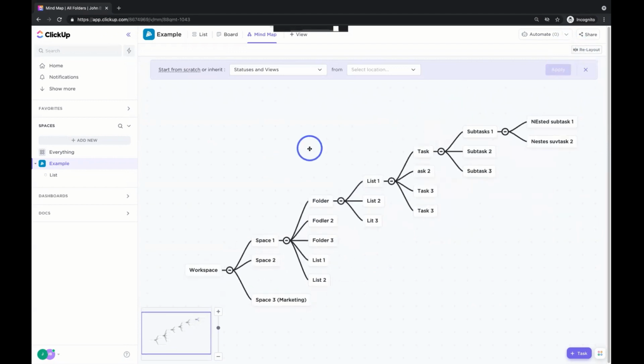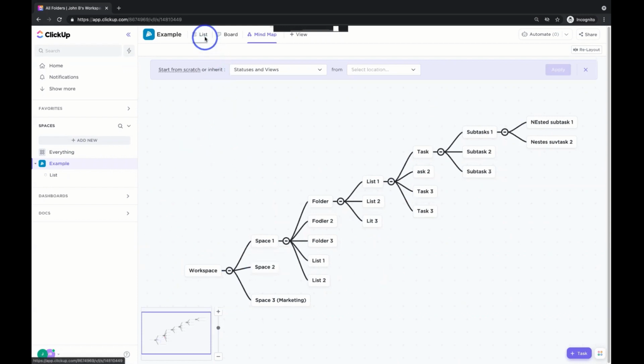But I show you this because this is what your account, your workspace, is eventually going to look like inside of ClickUp. You're going to have a workspace. That workspace is going to have multiple spaces. Each one of these spaces will have folders like we see here. Each of these folders or lists will have, again, the idea of lists inside the folders or lists by themselves. The lists must contain those tasks. Those tasks can include subtasks or nested subtasks. This hierarchy tree, this hierarchy branching, again, it's important for us to keep in mind as we talk today.